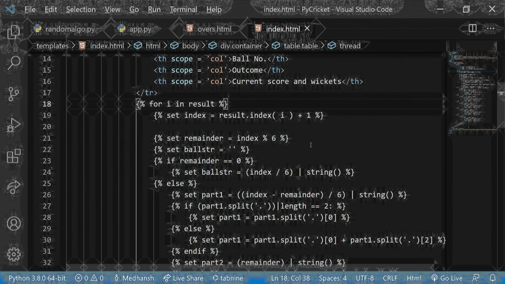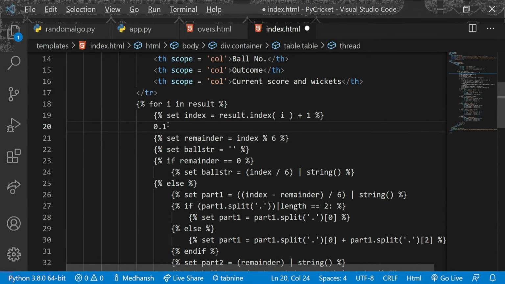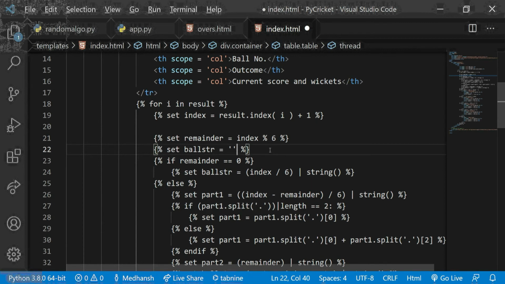Now for remainder, this is because in cricket the first ball of an over is written as 0.1 etc etc, but the 0.5 is the last ball of the over, then it automatically goes to 1.0 in cricket. So the remainder over here is if we take the modulus and 6. So modulus is a Python function which allows it to take a remainder on a particular division. This shows us how many balls are there, or if it is just a perfect over ending.